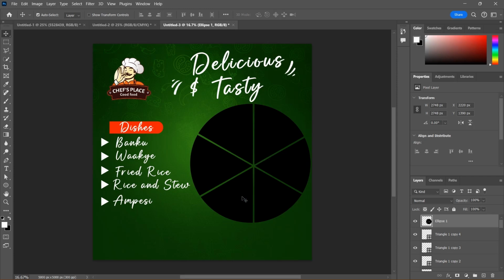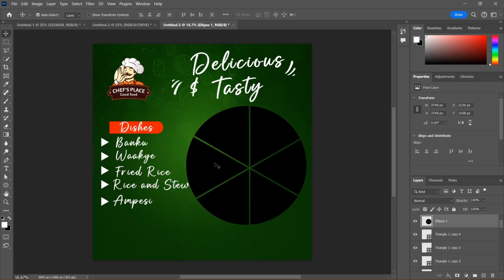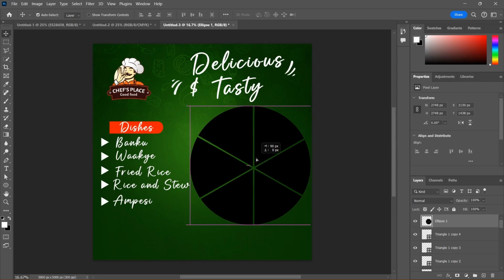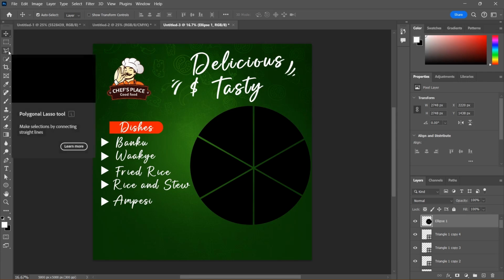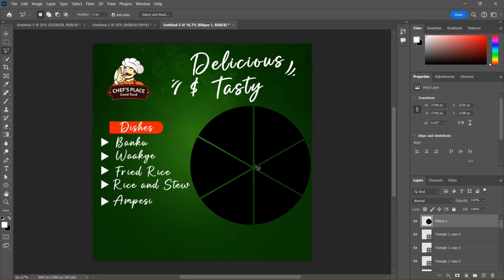The most important part is that we want each of the circles to be independent. Now they are all merged together, so you cannot place an image in each individual item. So what we have to do is break it into independent parts. To do that, it's very simple. You have to choose this polygonal lasso tool, and we are going to draw. Just bring the first point to the center,